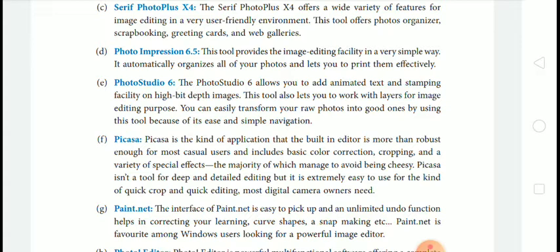This tool offers photo organizer, scrapbooking, greeting cards, and web galleries. Means with the help of this software you can create photo organizers, scrapbooks, greeting cards, and web galleries.